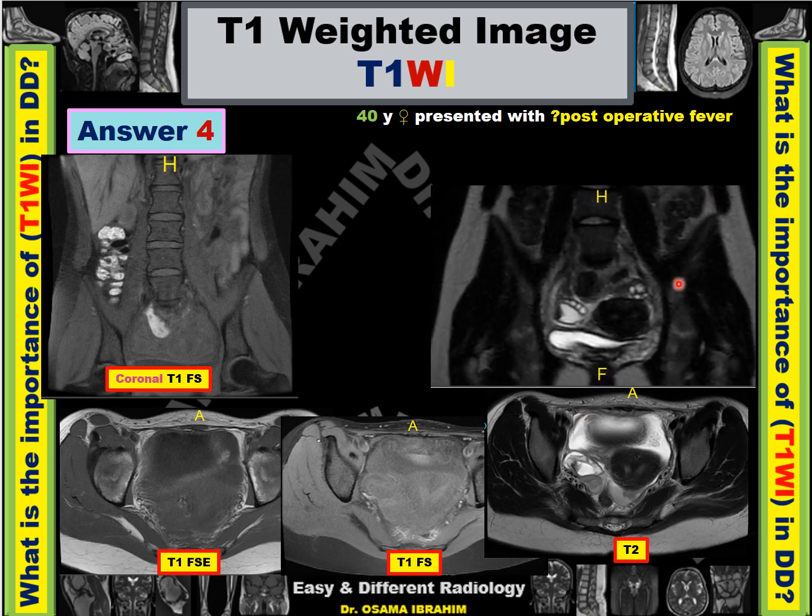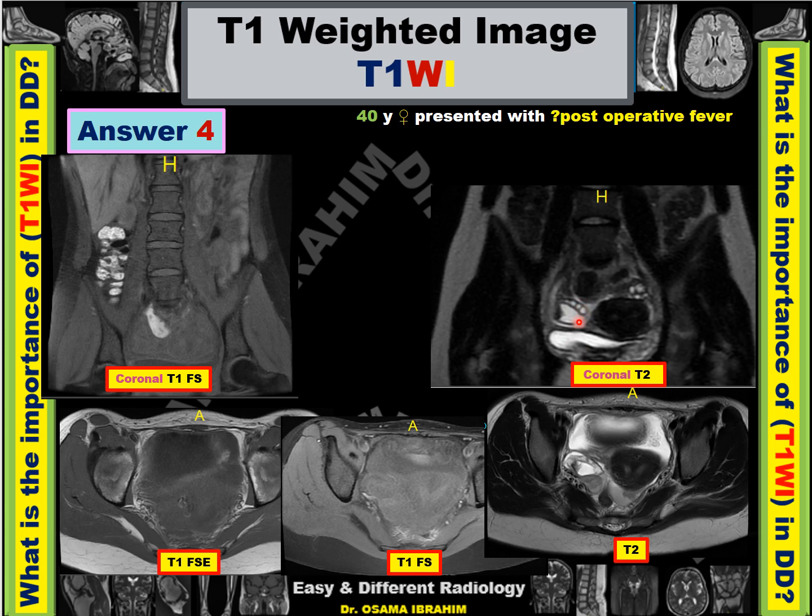In the coronal T2 weighted image, because the urinary bladder appears high signal and subcutaneous fat high signal, it shows the cystic lesions in the right ovary, and also there are multiple cysts in both ovaries. As we see, this is the right and this is the left ovary, and this is part of the uterus, which represents polycystic ovary syndrome, and this is an incidental finding with this heterogeneity in the right adnexal region and the